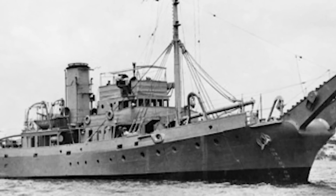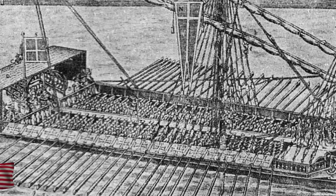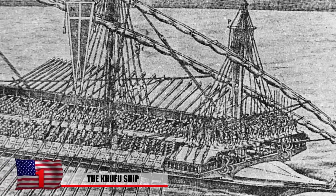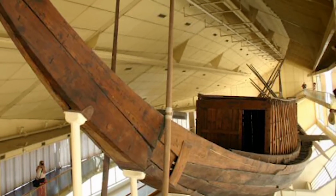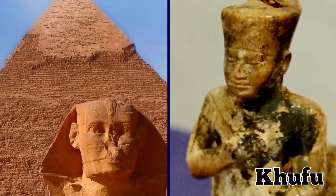And at number 1, the Khufu ship. Did you know that the oldest ship in the world isn't a Viking longship, a Roman galley, or a Chinese junk, but an Egyptian solar bark? That's right. The Khufu ship is the world's oldest intact ship and was buried with the pharaoh Khufu in his pyramid over